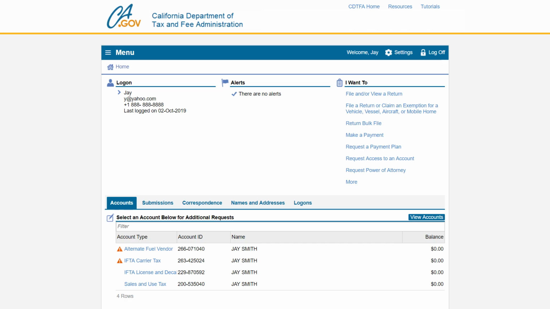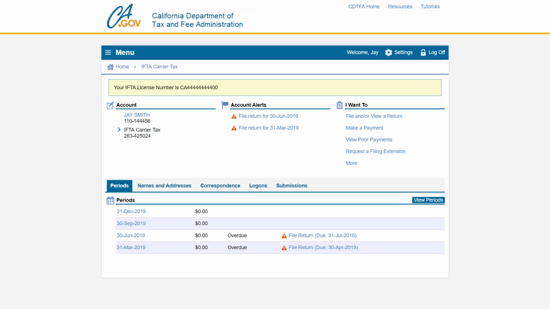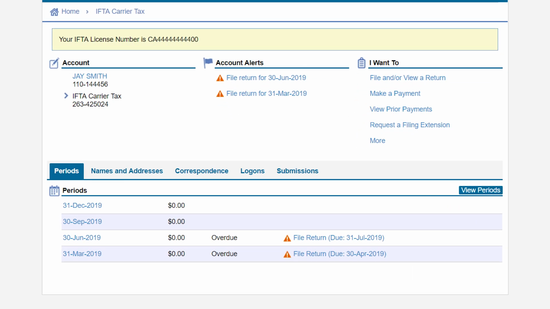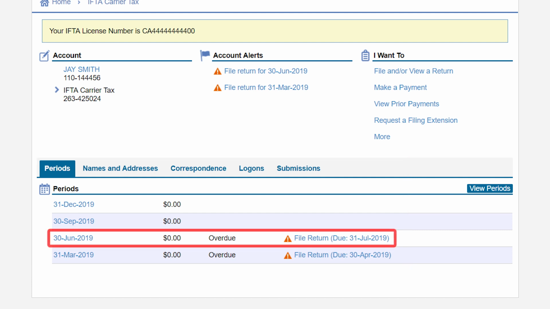On the Login homepage, under the Accounts tab, we will click on the IFTA Carrier Tax hyperlink. This will take us to the IFTA Carrier Tax account page. Under the Periods tab, click on the return period for which you would like to file. In our example, we will file for the second quarter 2019 period, which is displayed by its return end date